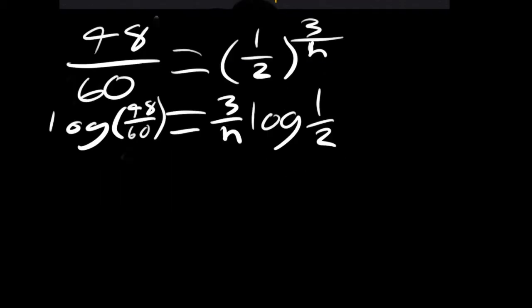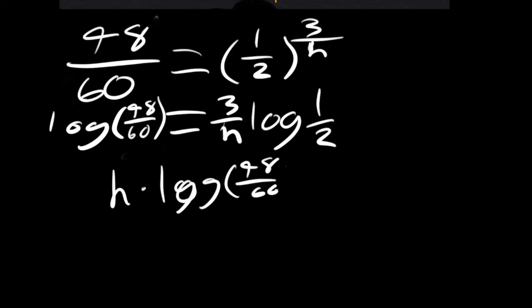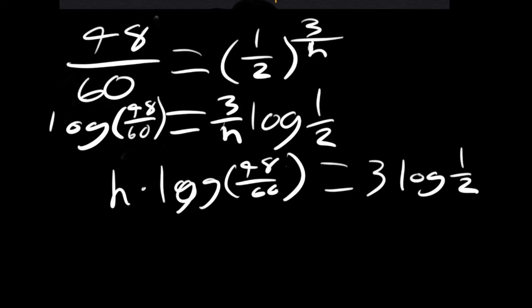Okay, so we still have to solve for h. So what we're gonna do is pass the h to the other side multiplying. So it's gonna be h times log of 48 divided by 60 equals 3 log 1/2. So now we have to get rid of the log on the left side. So we're gonna pass that dividing because it's multiplying. So h is gonna be equal to 3 log 1/2